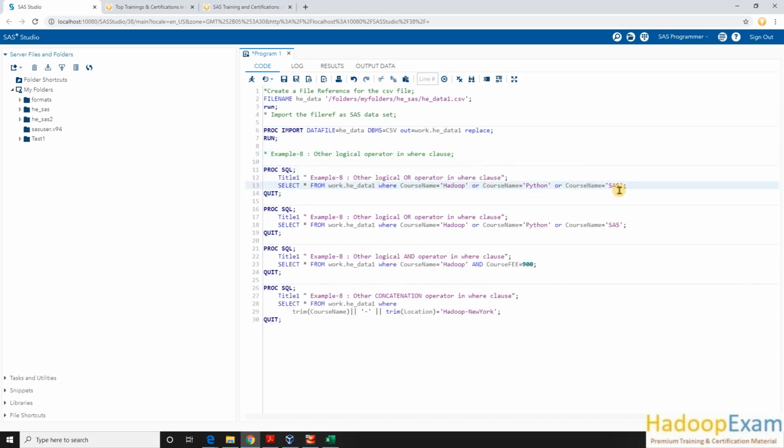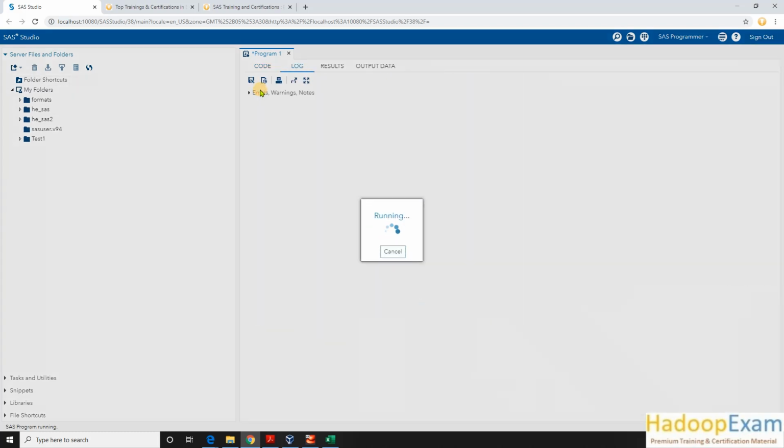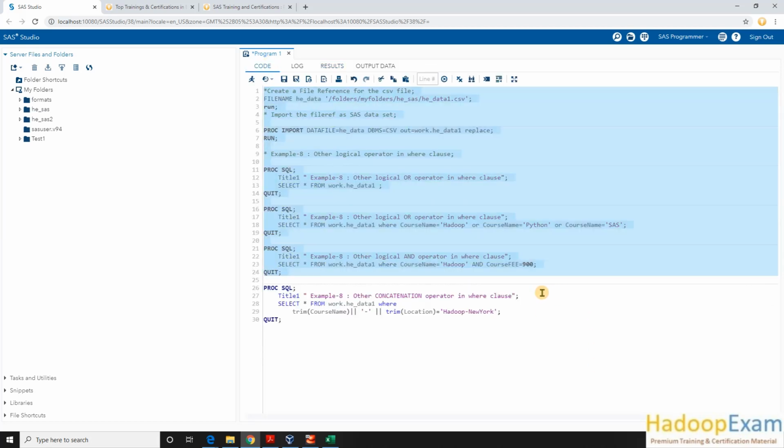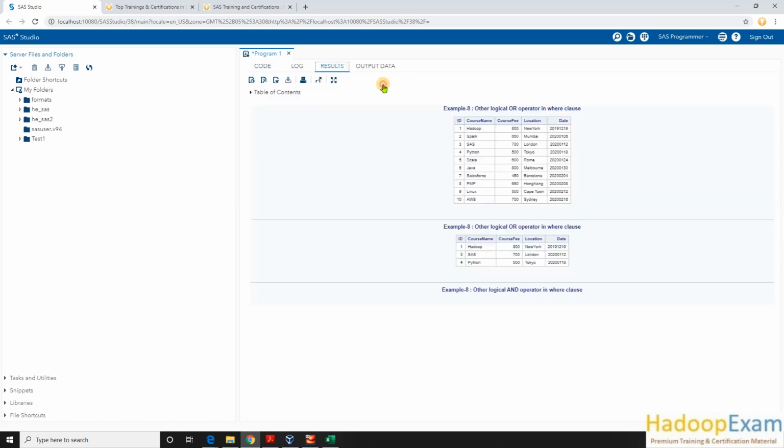That's the easiest way to understand the query. This is my data set. The condition of either Hadoop, SAS or Python is matching, so all 3 records are in the output. The condition of 900 with the Hadoop course does not match, as the Hadoop course has an 800 fee.